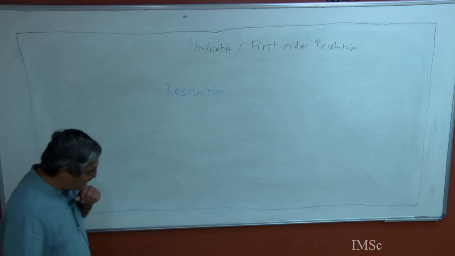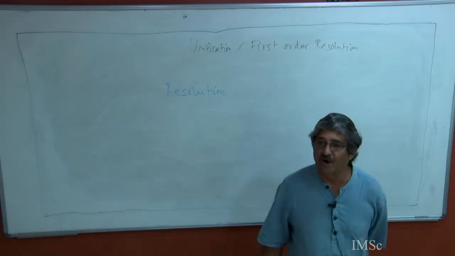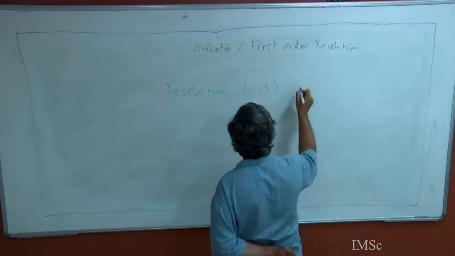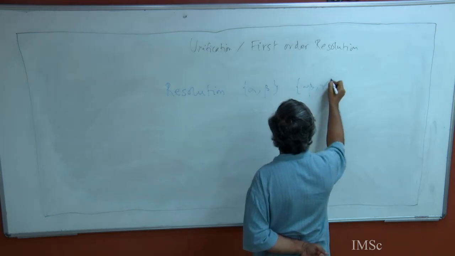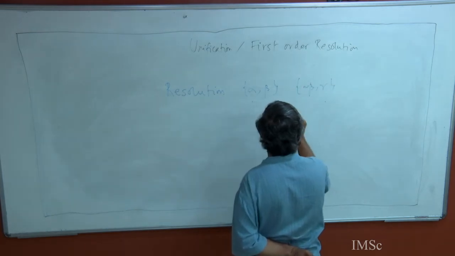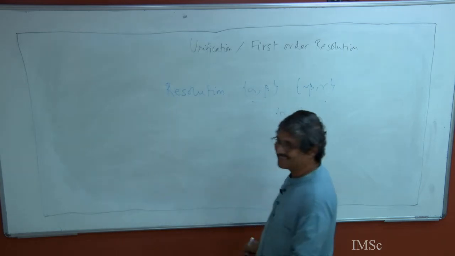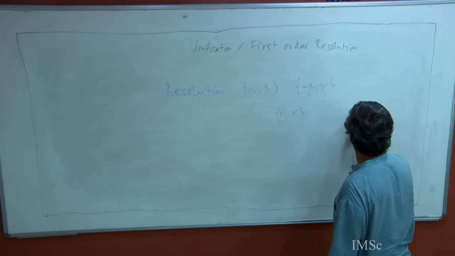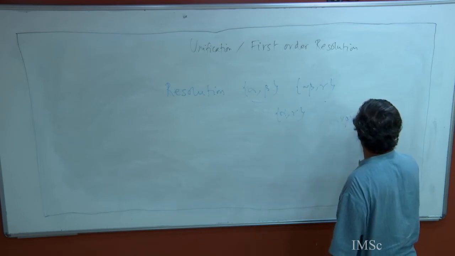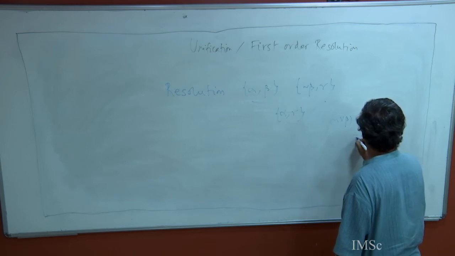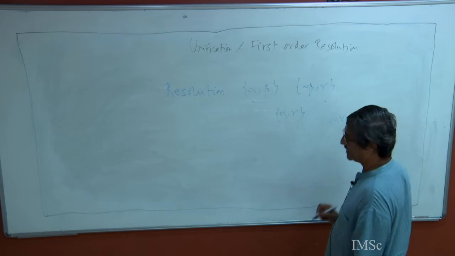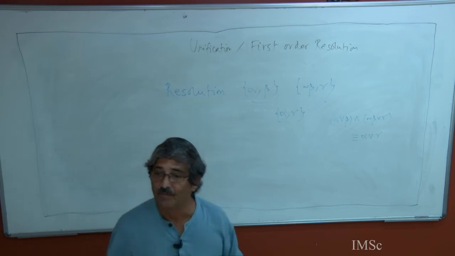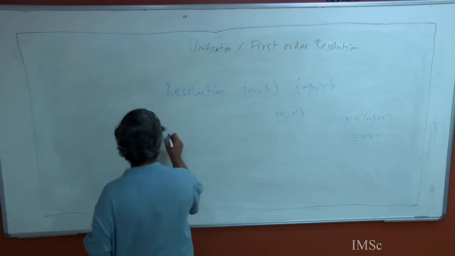Now, in general, if you have two clauses, alpha or beta and not beta or gamma, you resolve and you get alpha or gamma. This is basically the soundness of the identity: alpha or beta and not beta or gamma is equivalent to alpha or gamma. This is the propositional identity, and this is what is used for resolution. So, if you want refutation by resolution,